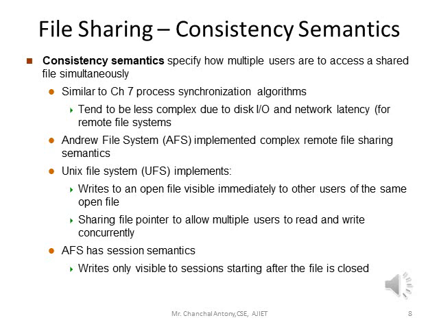Consistency semantics are directly related to the process synchronization algorithms. However, the complex algorithms of that chapter tend not to be implemented in the case of file I/O because of the great latencies and slow transfer rates of disks and networks. For example, performing an atomic transaction to a remote disk could involve several network communications and several disk reads and writes, or both. Systems that attempt such a full set of functionalities tend to perform poorly. A successful implementation of complex sharing semantics can be found in the Andrew file system, also called AFS.